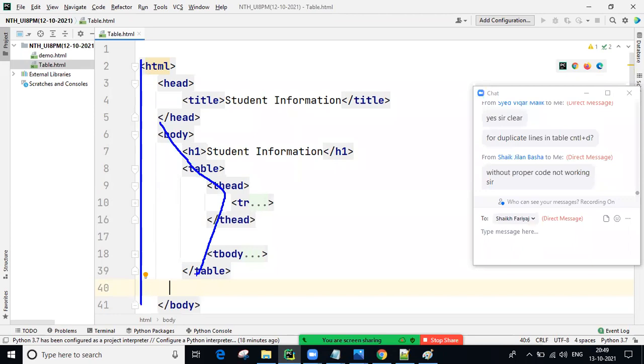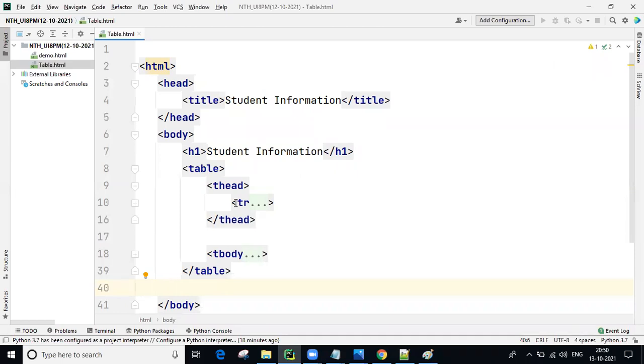For example, here the table is a parent. Inside the table, head is there as a child, and body is one more child. Inside this head, one row is there. Like that, which one is a parent tag and which one is a child tag, we can understand easily. Got it? All of you.